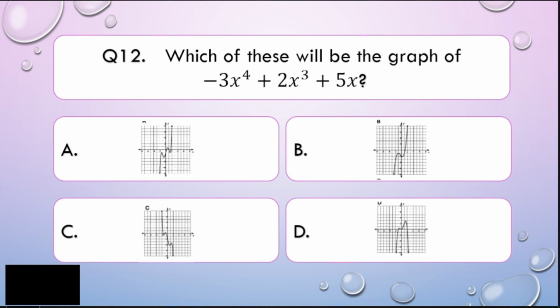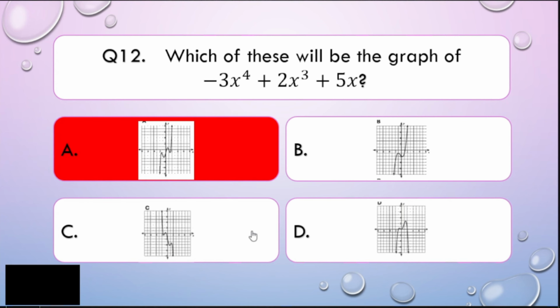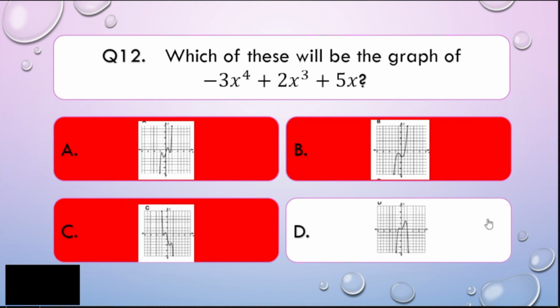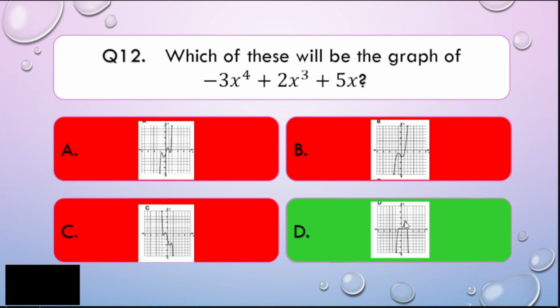Alright, math learners, the same as what we have earlier, question 11. So what we have now is even. So 4 here is an even number, right? So remember, there are 2 scenarios for even exponent. So if it is even, it could be both up or both down. All right. So letter A is already wrong. Letter C is already wrong. Letter B is also wrong. So basically, the correct answer is letter D. All right. Why do we have that all of the arrows goes down? Because our value of A is negative. All right. Easy, right? Very easy, my dear math learners. Now let us go to question number 13.